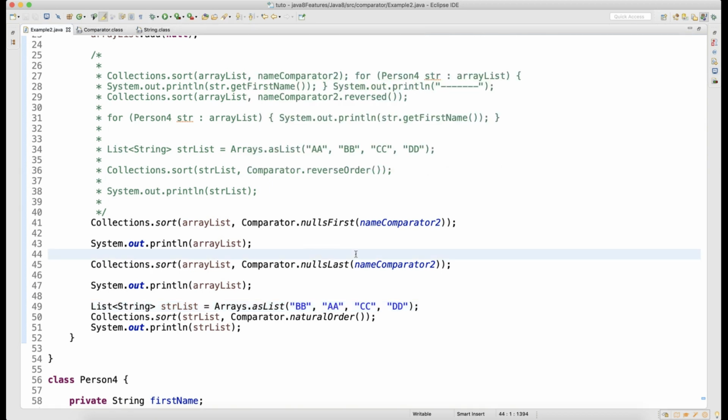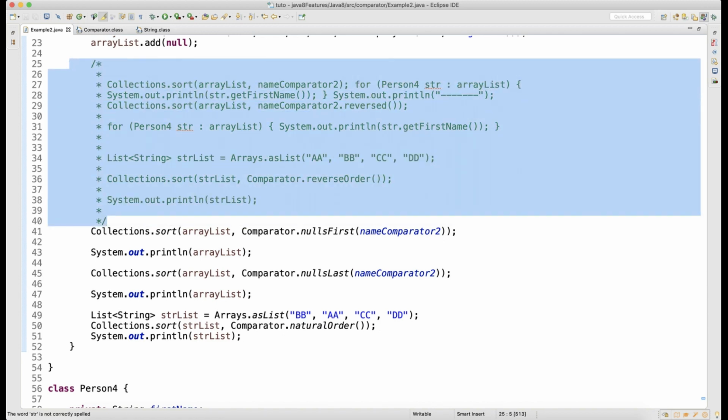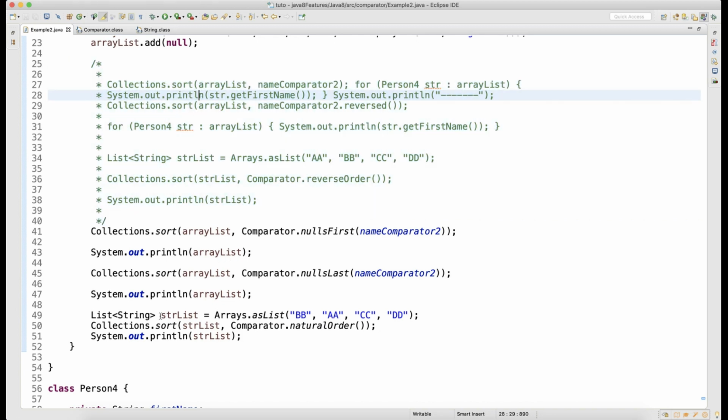So with this, how many methods are we done with here? We have done 4-5 methods. One is reversed, where we can straight away reverse that entire data.